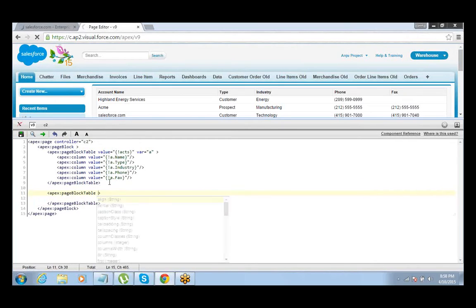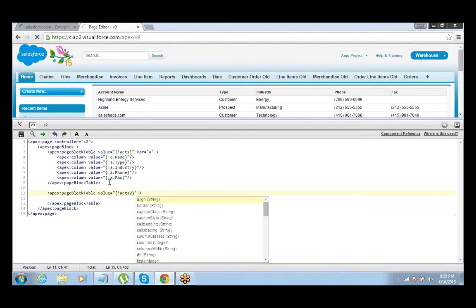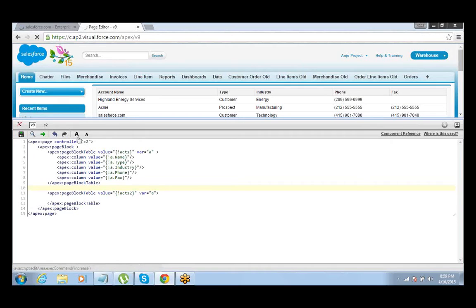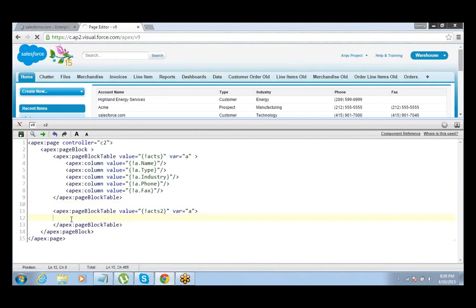In this case, the value will be this, or can be copied. Apex column